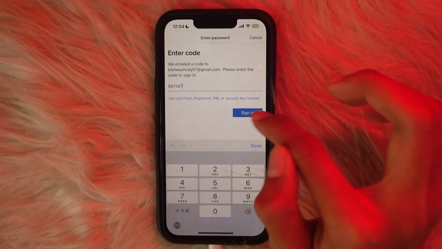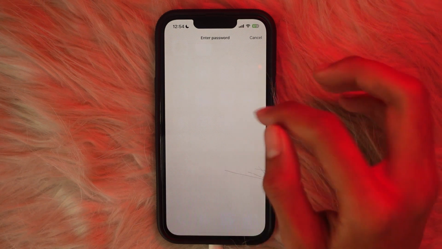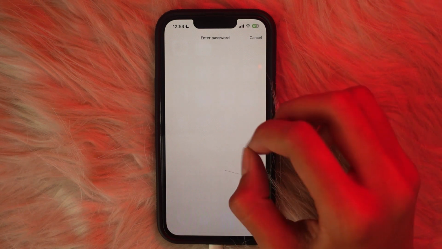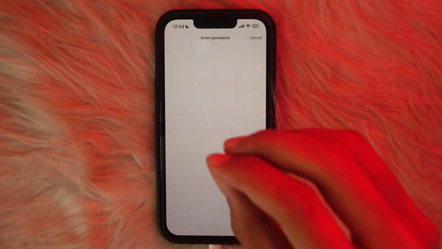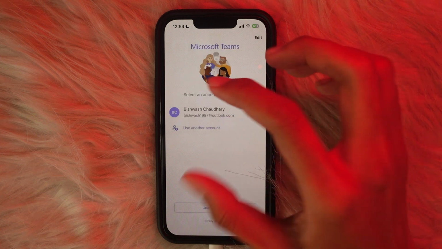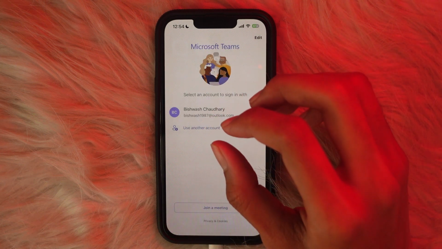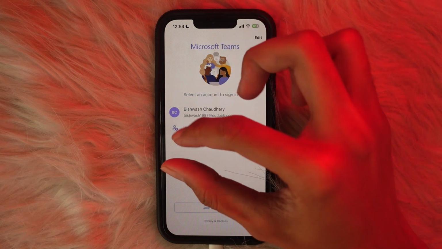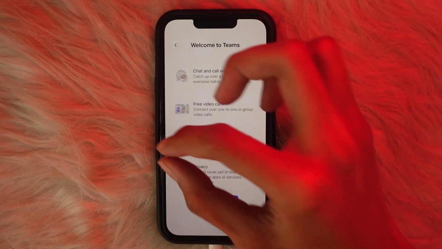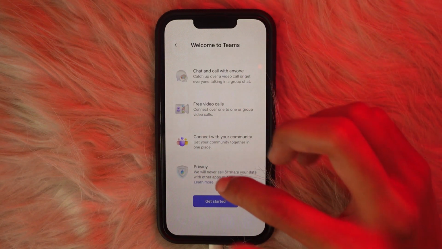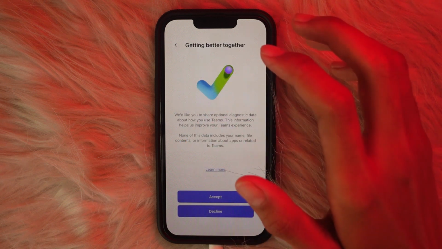Just enter that over here and tap on reset password, but in my case there is a sign in button. Enter that and they will let you reset your password. Enter your new password and re-enter your new password and tap on the continue button, and that is how you can reset your Microsoft Teams